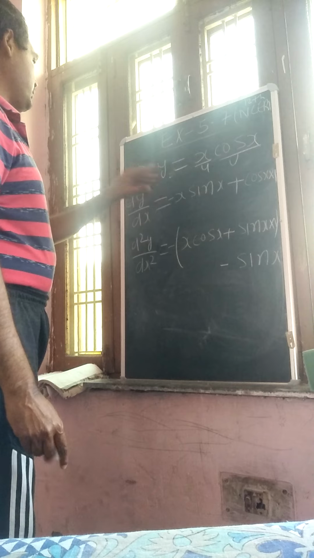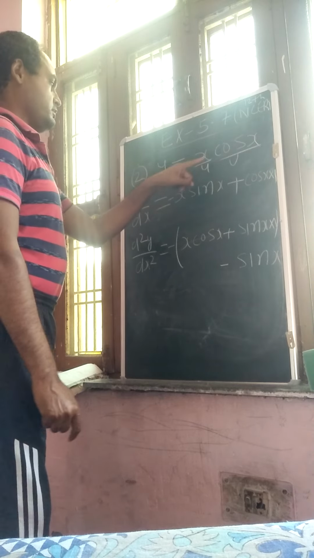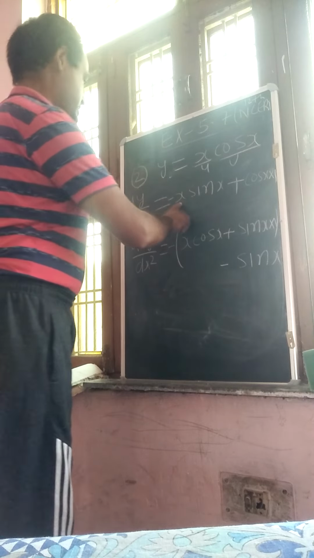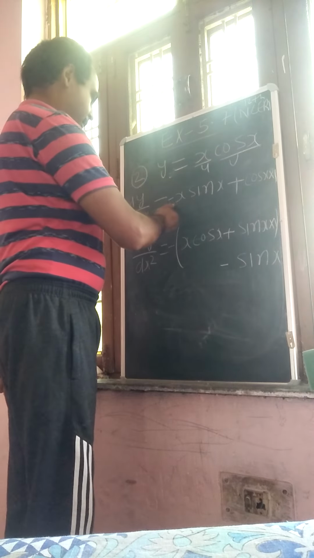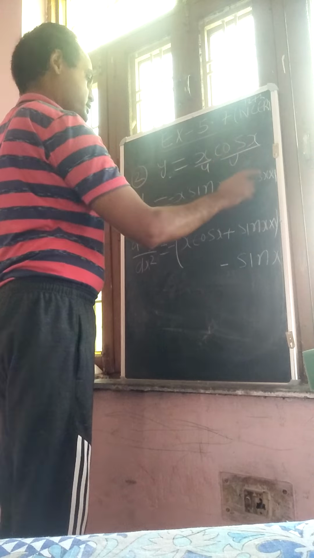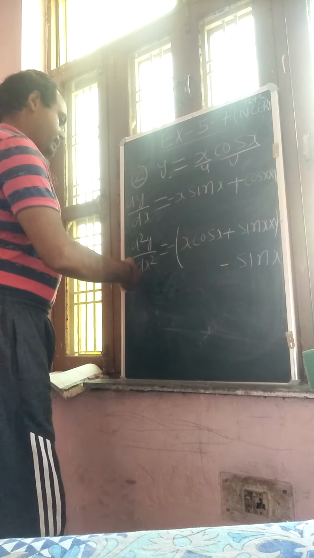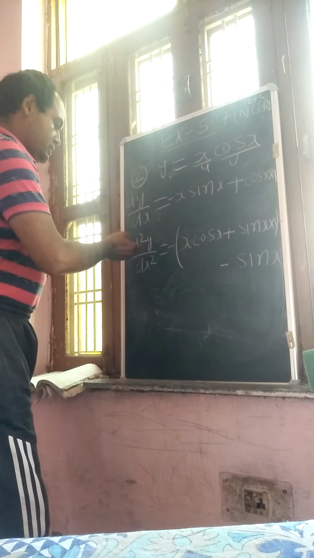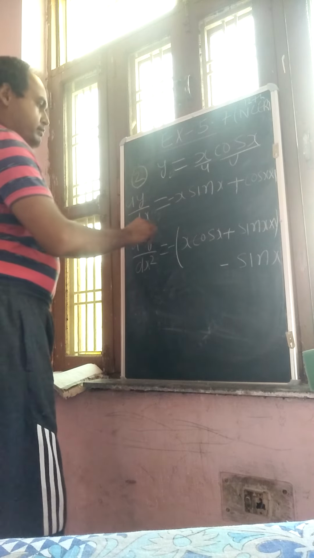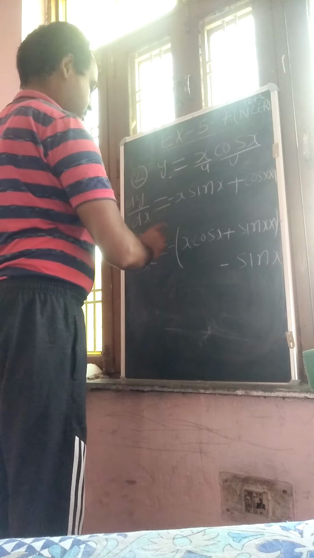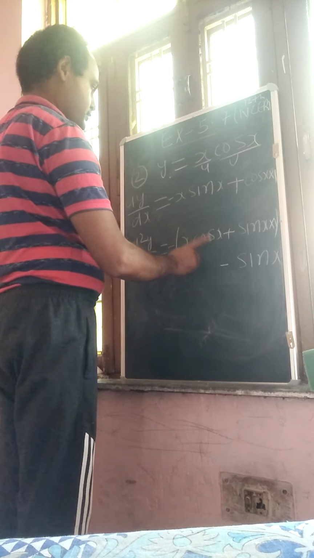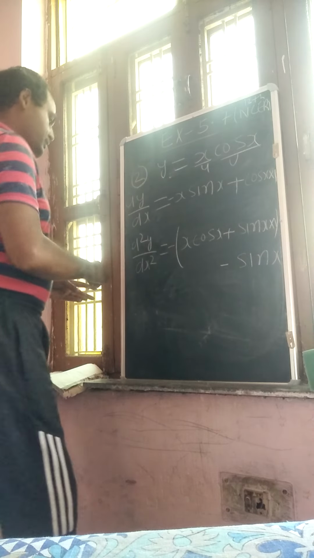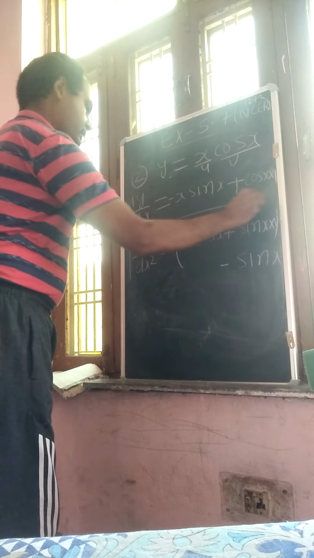First of all we have to explain y equals x cos x. This is u and v, the product of two functions. So x is remaining, the differentiation of cos x is minus sin x, then plus cos x into 1. For the second derivative we use the symbol d2y upon dx power 2. This is the second derivative, and this is again the product of two functions. So x sin x, then cos x, and here sin x into 1, and the derivative of cos x is minus sin x. This is the second derivative.